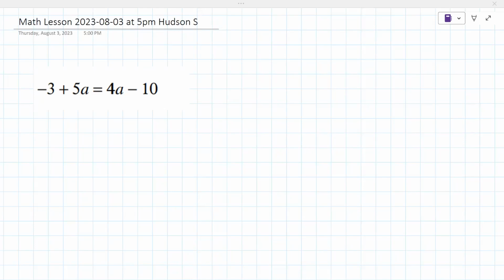The variable's a. You got 5a on the left and 4a on the right. Now the best strategy here is to move from the smaller to the larger. So you have to decide which is larger, which is smaller between 5a and 4a. And hopefully that's clear which one is smaller. Or 4a, yeah. So when you move from the smaller, you could be adding or subtracting depending on the sign,